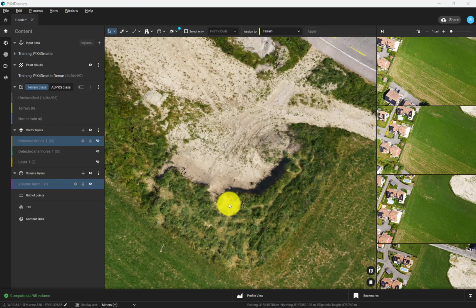Another tool in the volume measurement drop-down menu is the Stockpile Detection tool. This tool allows you to automatically detect stockpiles with one or more clicks instead of manually delineating the base of a stockpile. To select the Stockpile Detection tool, open the drop-down menu next to the Volume tool, then click on Stockpile Detection. Once you have selected the Stockpile Detection tool, simply left-click anywhere on a stockpile in your point cloud